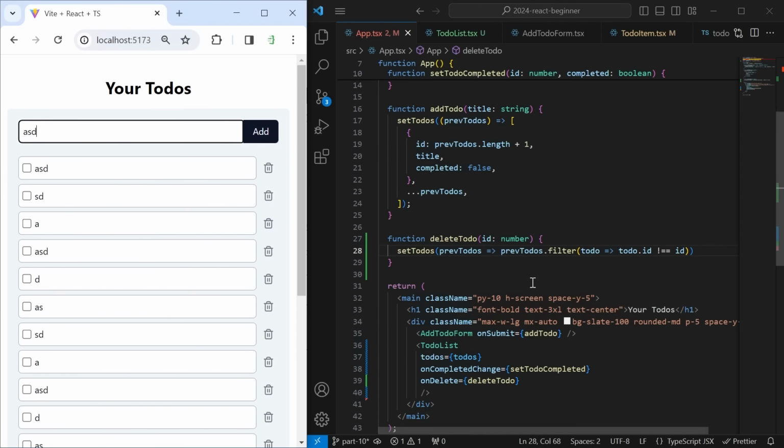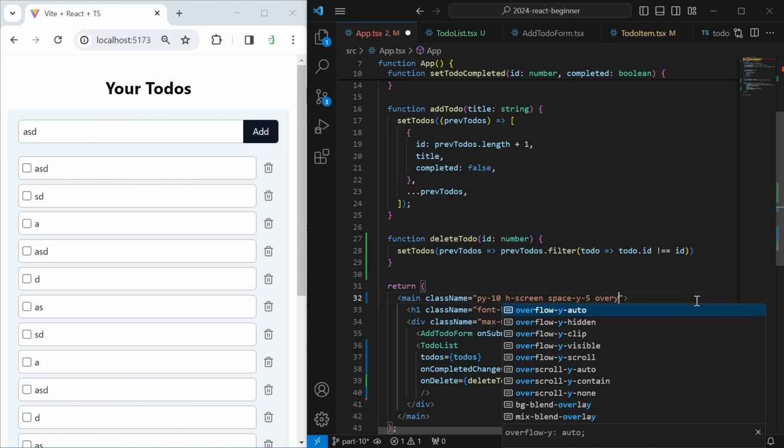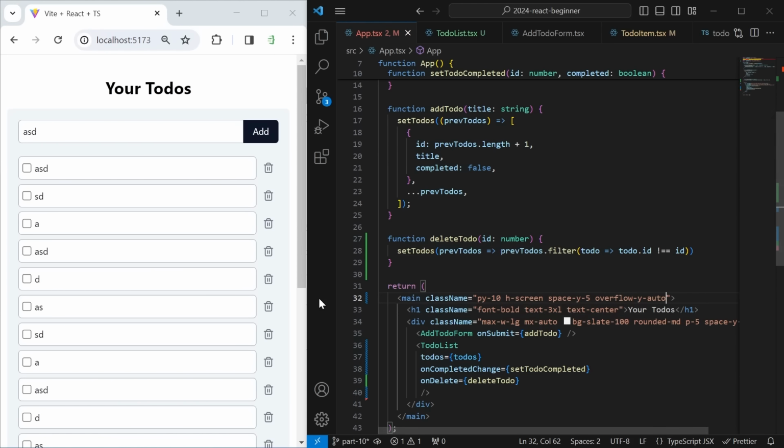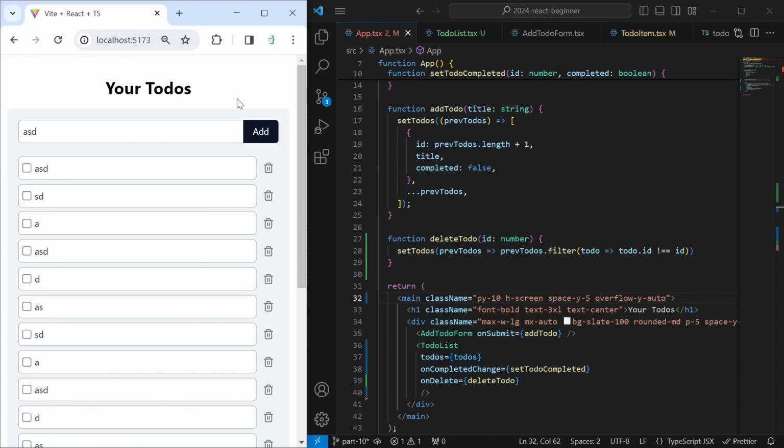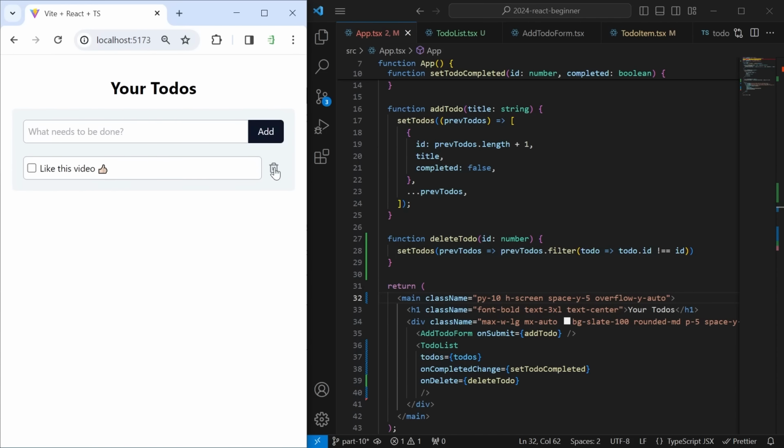anymore. We can fix this by going to the main tag here and adding overflow y auto. Now we have the proper padding here at the top, bottom, which is just a detail. Secondly, I also want to add an empty state. So when we remove all to-dos, I want to have a little text that says you don't have any to-dos in your list yet. And this is also an interesting topic because we will learn how to render a text